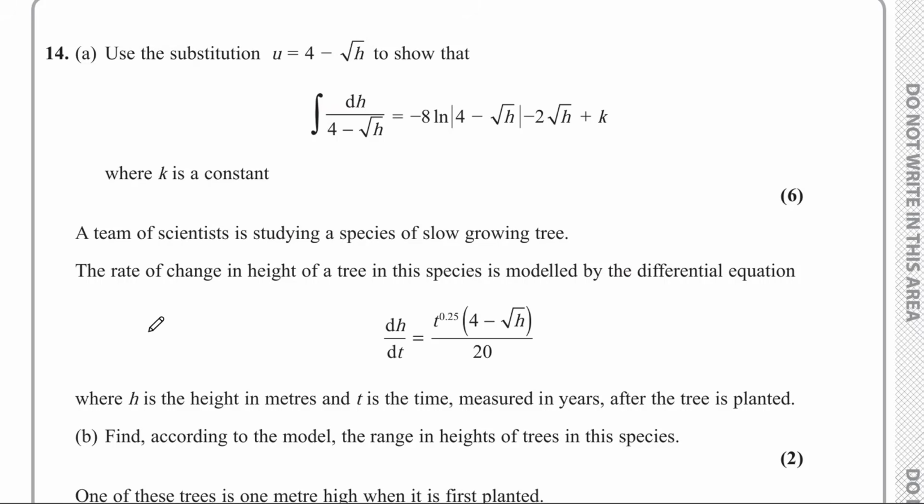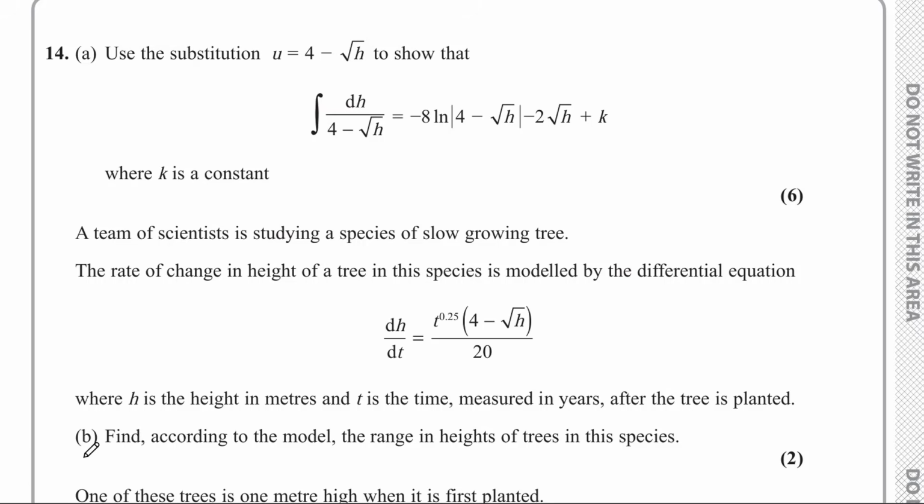Okay, so the question goes on and it says a team of scientists is studying a species of slow-growing tree, and the rate of change in height of a tree in this species is modelled by this differential equation here, where dh over dt is equal to t to the power of 0.25 times (4 minus root h) over 20, where h is the height in meters and t is the time measured in years after the tree is planted. And for part B, for 2 marks, we need to find, according to the model, the range in heights of